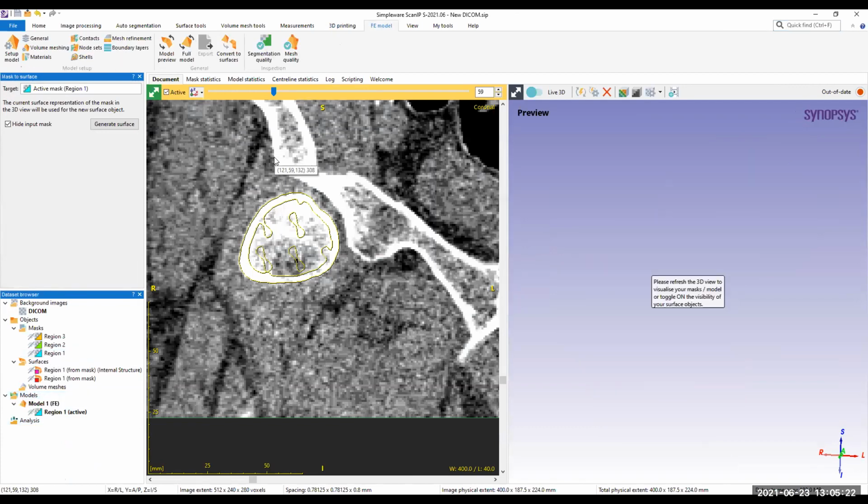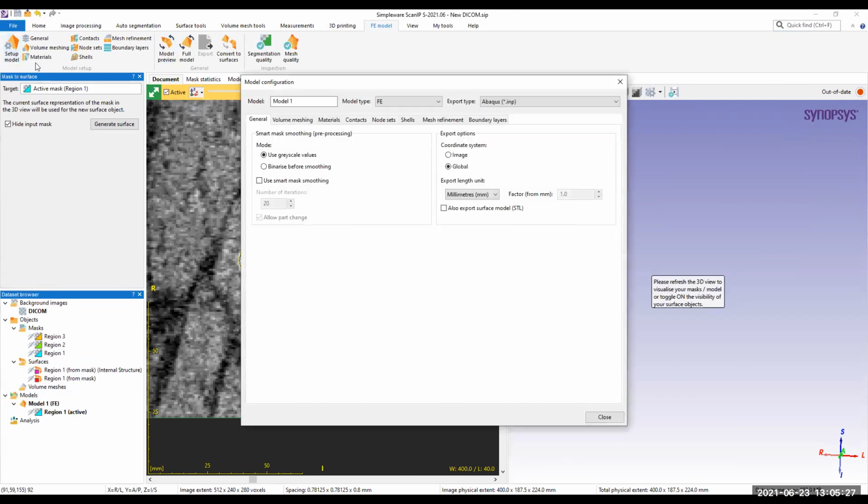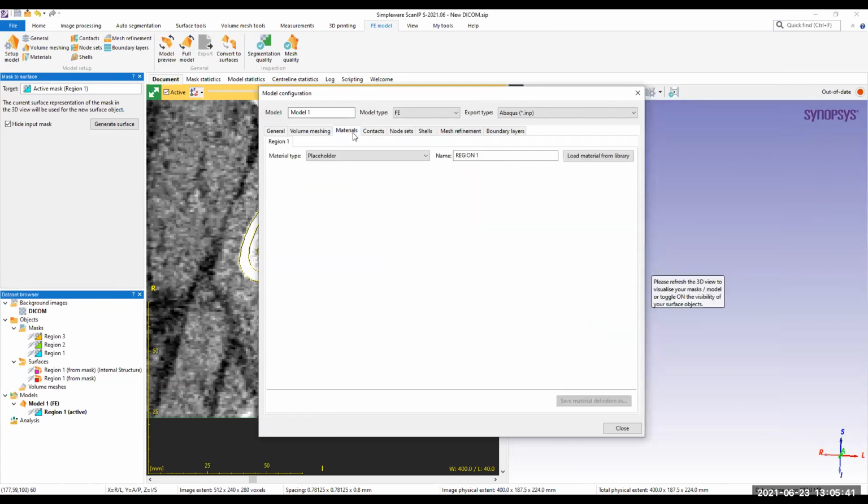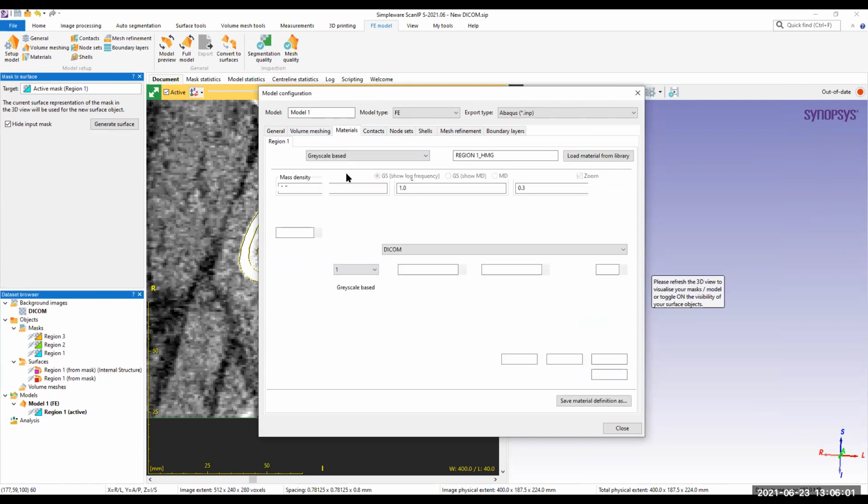As you said, bone density differs for different age groups. That can be shown in the data in these scans using the grayscale intensity. The intensity will differ for different age groups. Once we have the difference in the grayscale intensity of that bone, I can go ahead and configure this model using materials and not give a homogeneous property, because obviously it will not be the same for every age group. So what I will do is go to grayscale based.